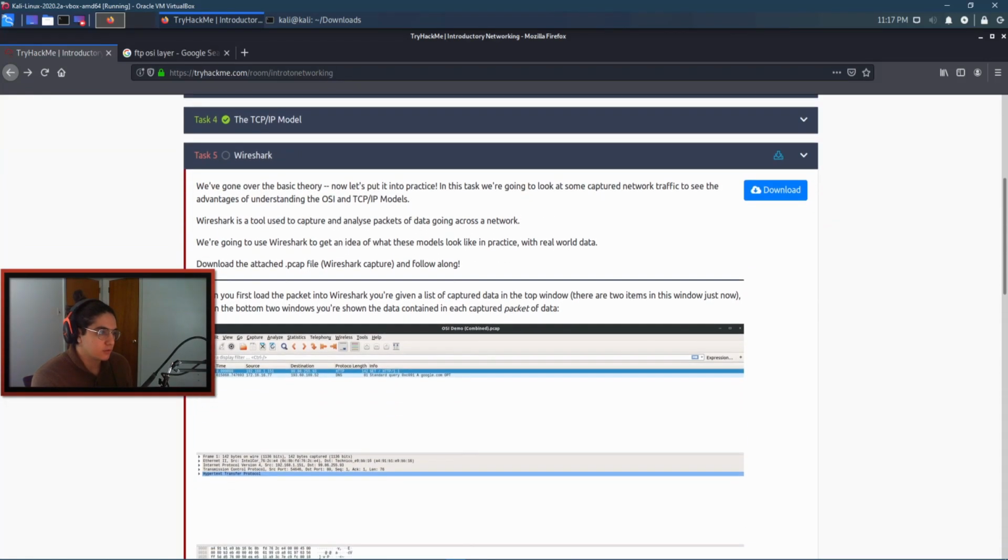Okay, so being able to put this into practice, at least for me, is super helpful in learning the basics of networking. There's a tool called Wireshark, and it basically allows you to watch packets that get transmitted over a network, and you can see all the data that forms the different headers and areas that, when you see the diagrams, can only help you so much. So let's see what they do with Wireshark. There is an actual pcap file,